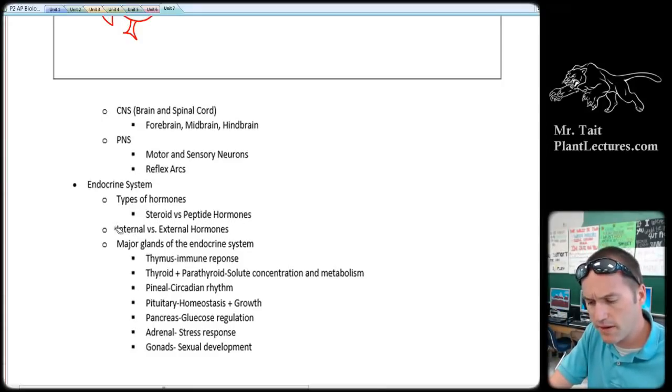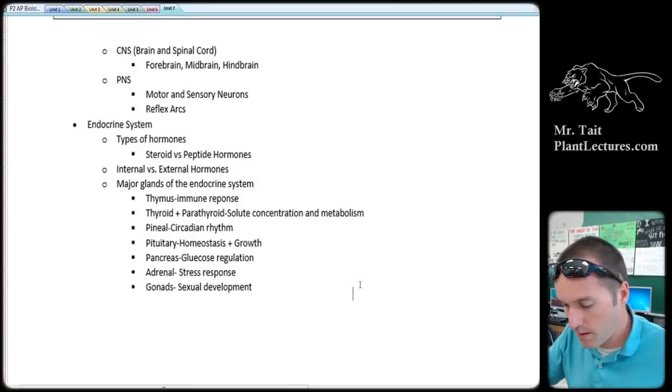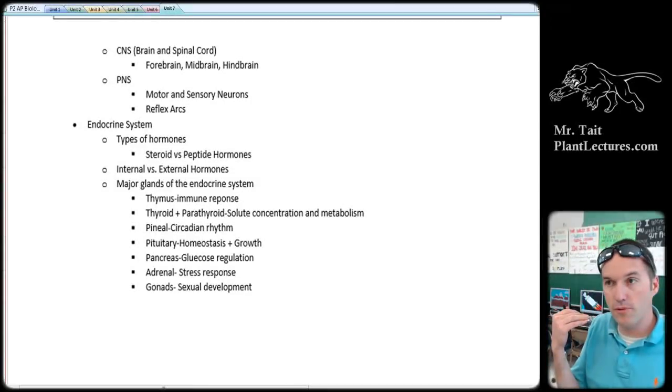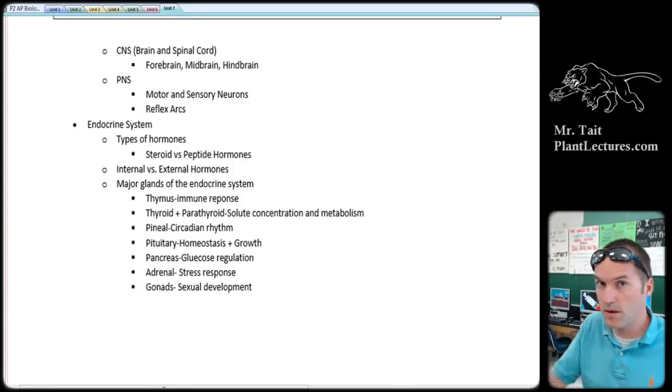If it's part of the internal system, we call those endocrine glands. If it's part of the external hormones, we call those exocrine hormones or exocrine glands. The stuff that you should know about: your thymus is important for your immune response. We know that the T cells are going to mature in the thymus, and that's how you can remember: B cells are going to be maturing in the bone marrow, and the T cells are maturing in the thymus